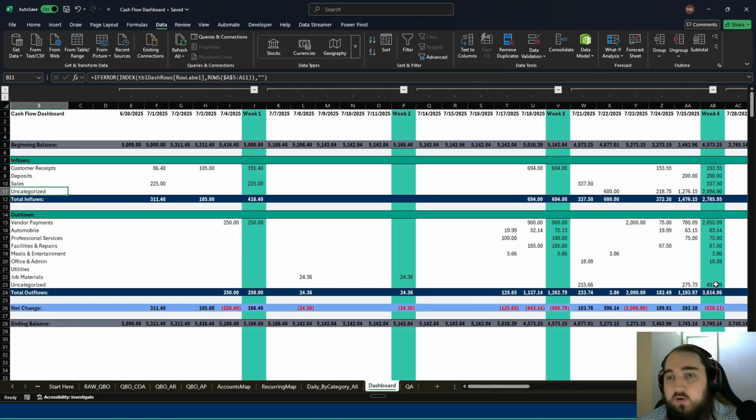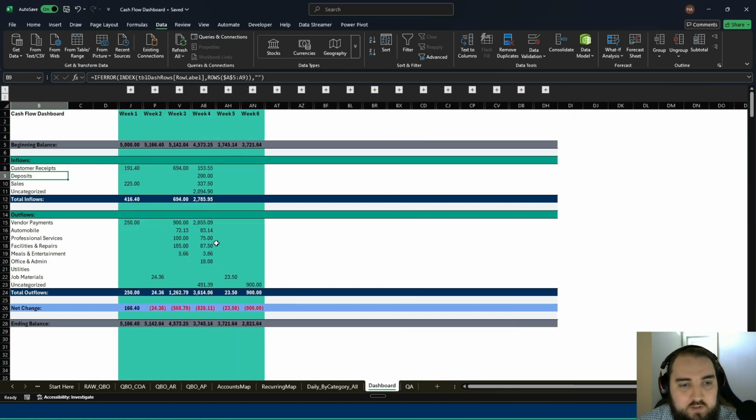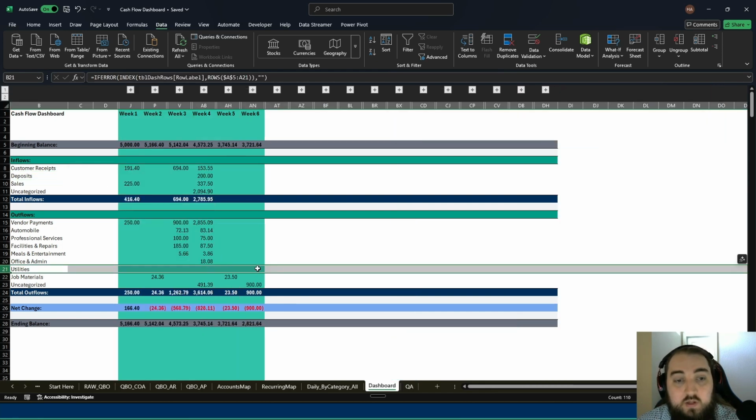But if we wanted to have that longer view, we could then change to 60. We would have a 12-week view. 90, we would have an 18-week view. And then another thing to note is you can add in additional inflow and outflow categories or remove different categories. So if we had any unused categories, for example, in our outflows, we don't currently have anything going through utilities. So if we wanted to just remove that from this view because it doesn't have any activity or we're not using it anymore, we want to call it something else,